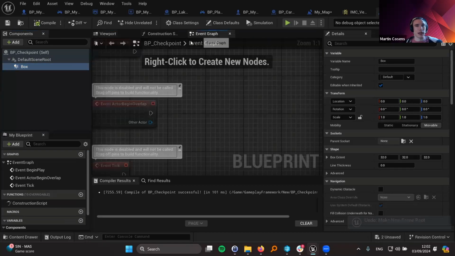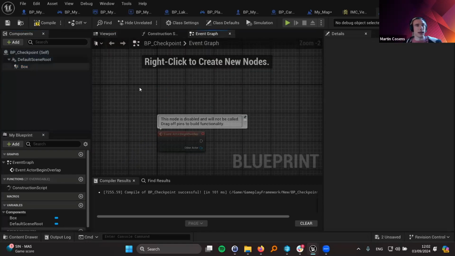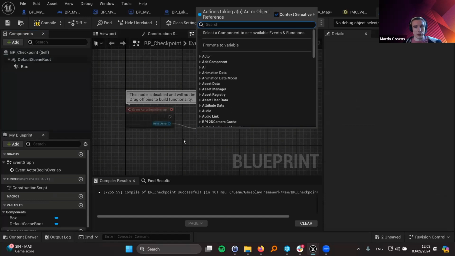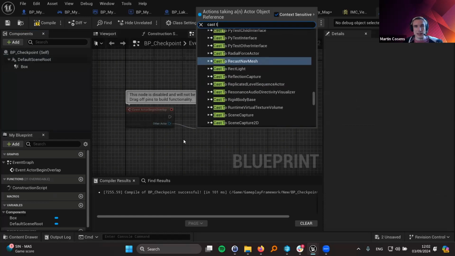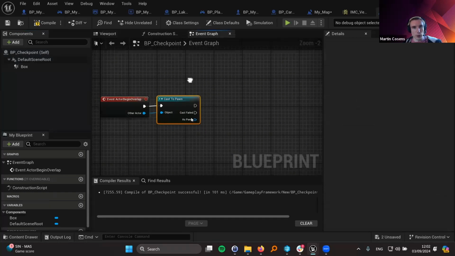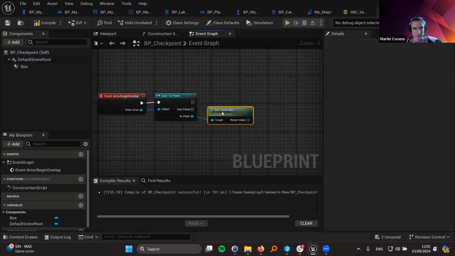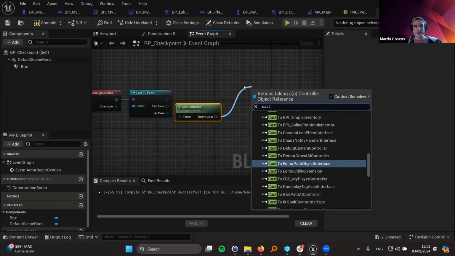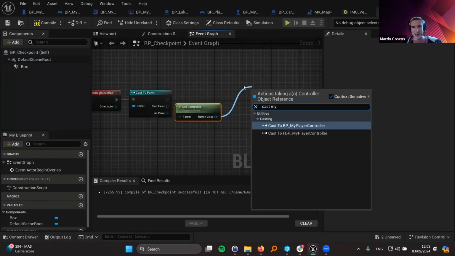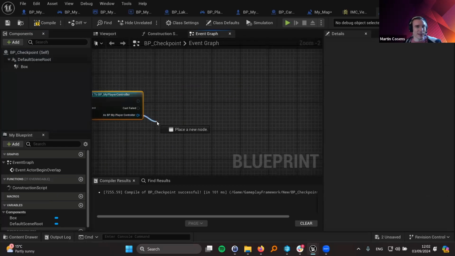And we're just going to say when this actor gets overlapped, we're going to cast it to see whether what overlapped us was a pawn. If it's a pawn, then we can get its controller. And if we can get its controller, we can see if that controller is a my player controller. And if we can do that, then we can set our